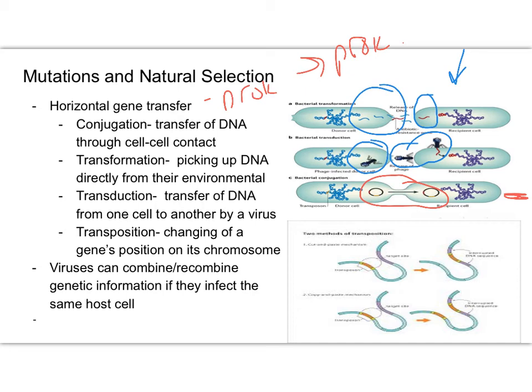Also, within the organism, you can have transposition happening. Transposition, right, trans is across, so it's going to move positions. The gene will actually move around on the chromosome. You can see that happening on the bottom here. We have this gene that's going to move over to this other area of the chromosome. So it's not necessarily going to a whole different organism, but it's going to cause variety by its moving within the same organism.